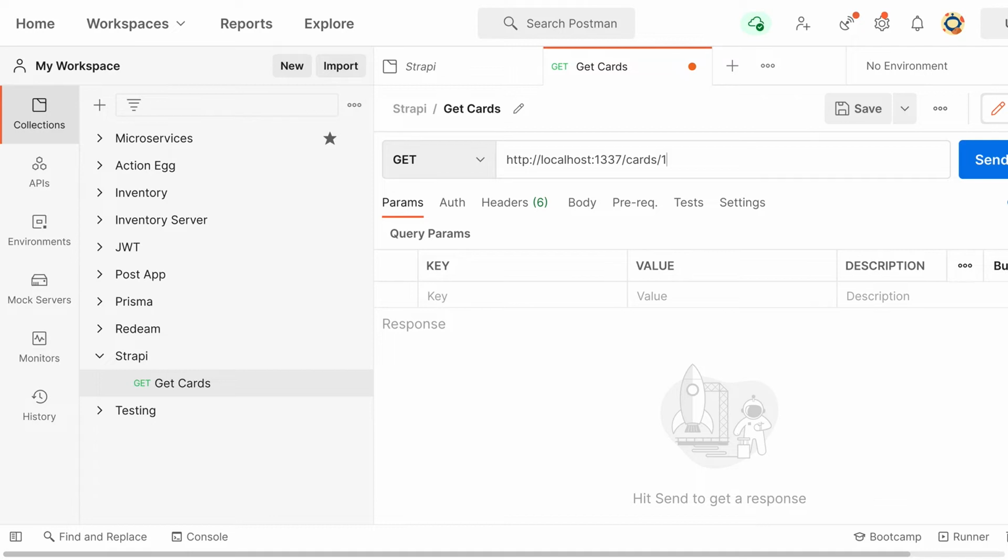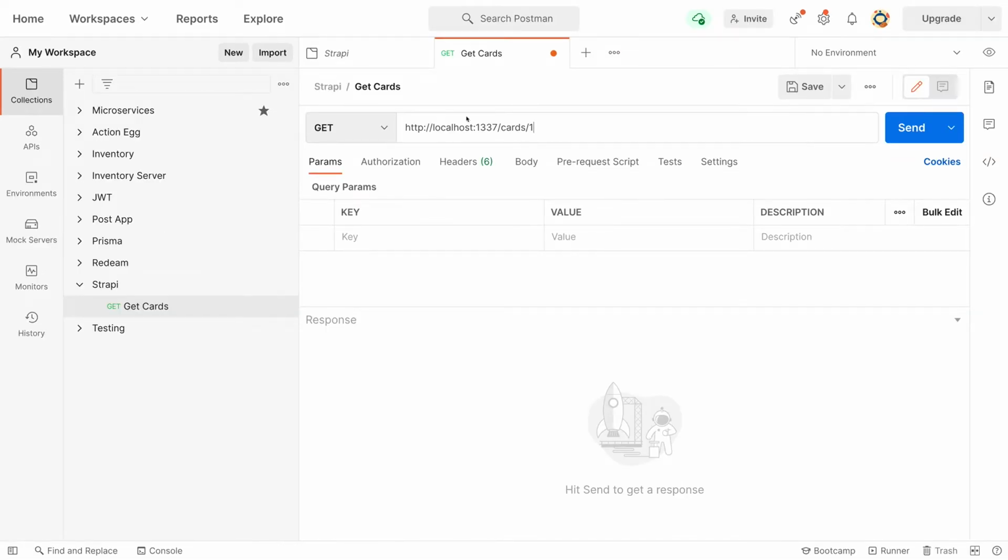Let me increase the size of this right over here. And so this is how to get a card by ID, one card by specific ID. Now, if you don't know the exact routes, do not worry. I'll show you a way to actually see them in clear documentation. All right, so let's go ahead and send this off,